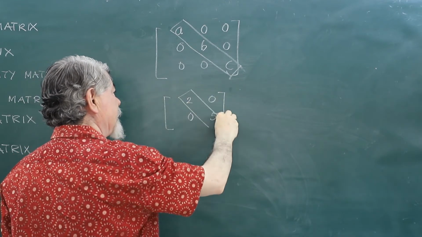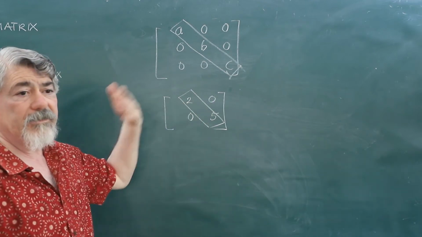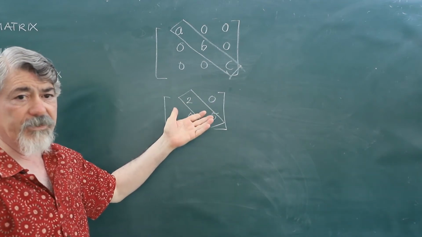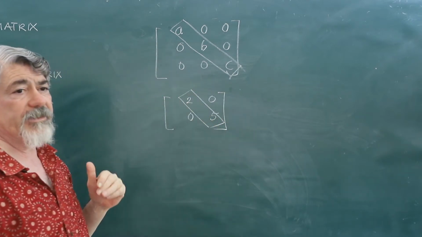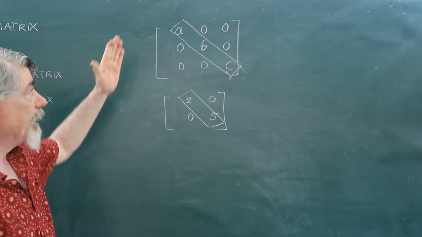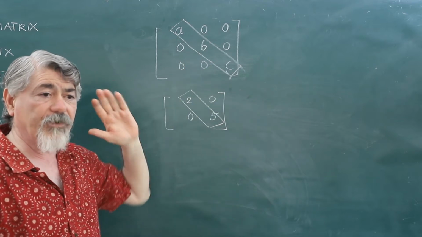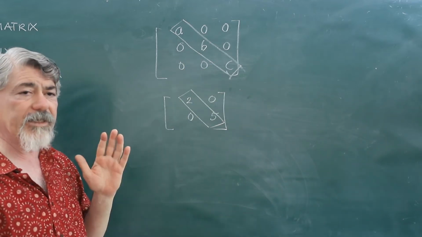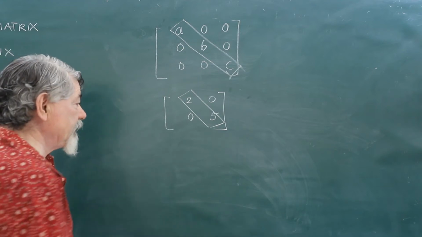Again, this is a lead diagonal, and the lead diagonal elements are non-zero, the remaining elements are zero. It is called a diagonal matrix. The lead diagonal is the diagonal which starts from the top left and goes to the bottom right. For a matrix to be diagonal, it has to be a square matrix. Otherwise, it is not possible.